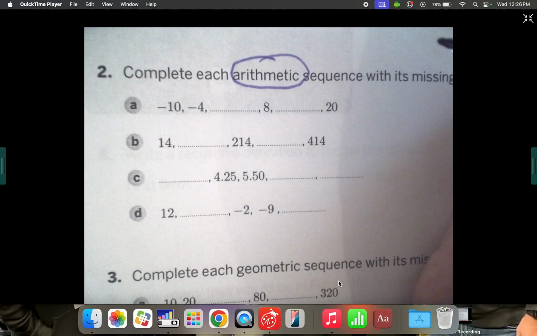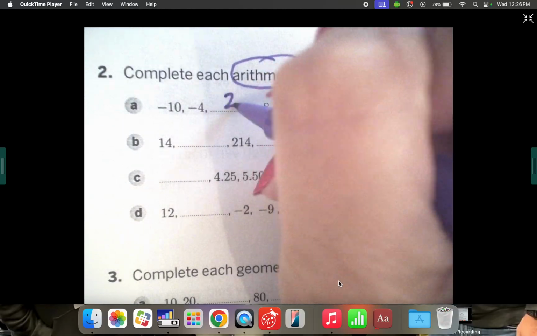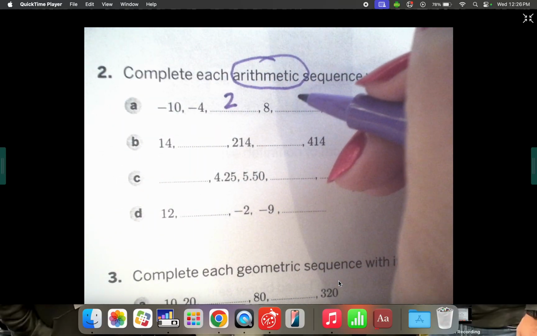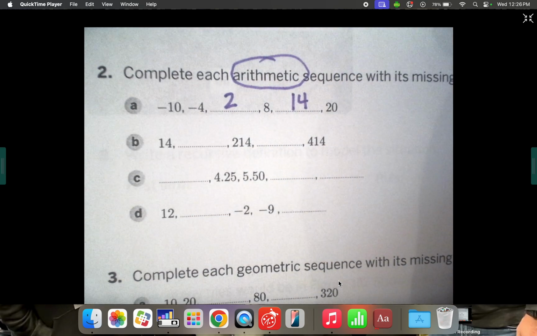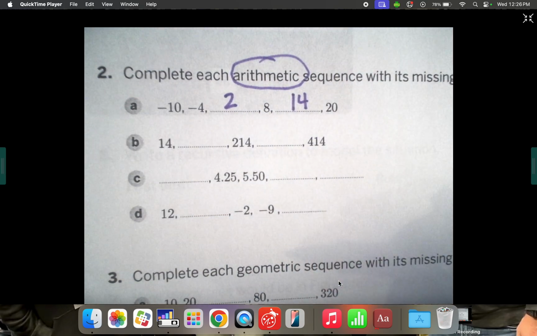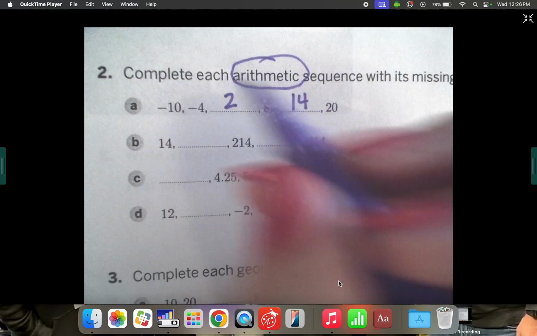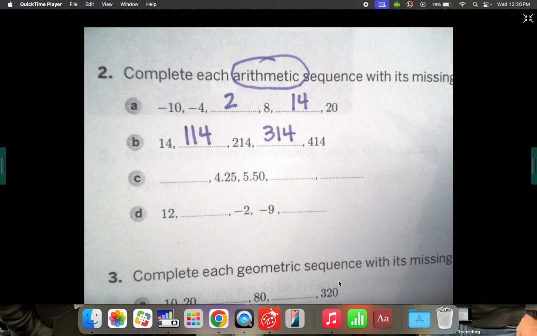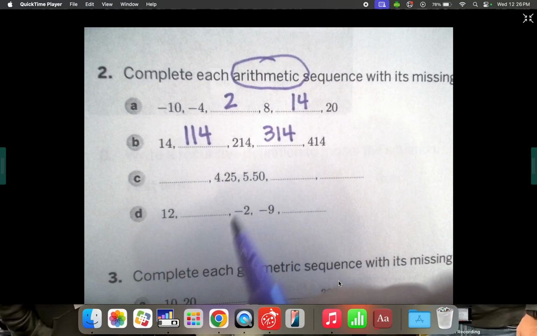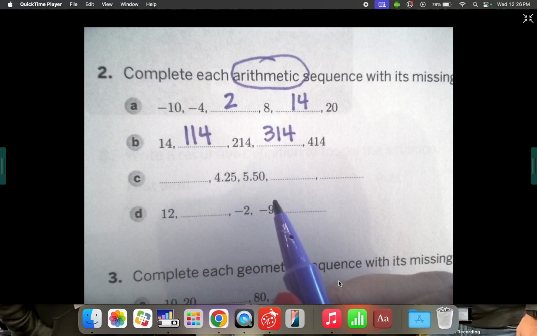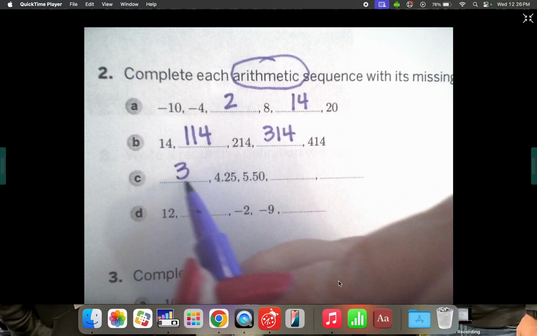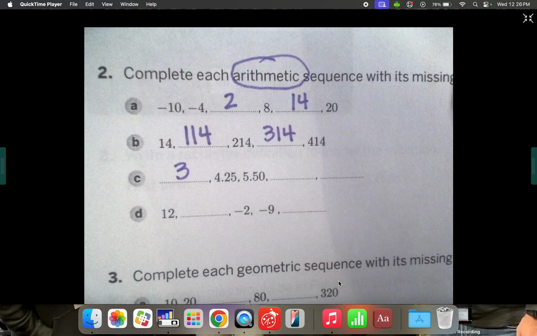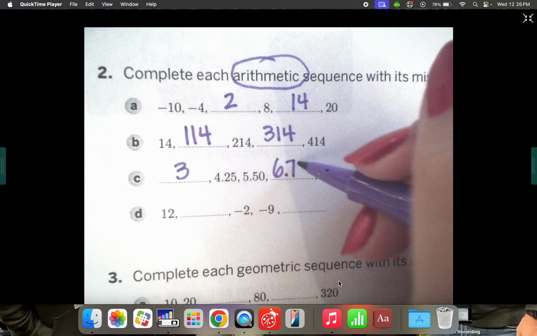Okay, I'm just going to fill these in so you can check your work. These should have been 2, and I'm doing this really quick, 14. I hope I don't make any mistakes, but clearly this is just plus 6. The next one would be 114, 314. All you're doing is adding 100. For C, it would be 3, because it looks like you're adding 1.25, which means this one's 6.75, and this